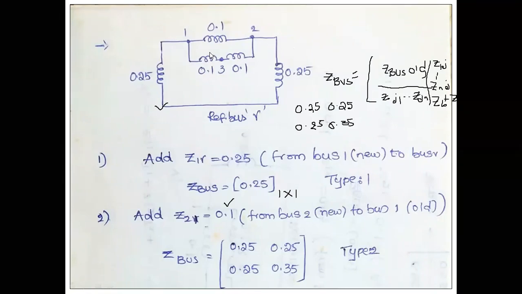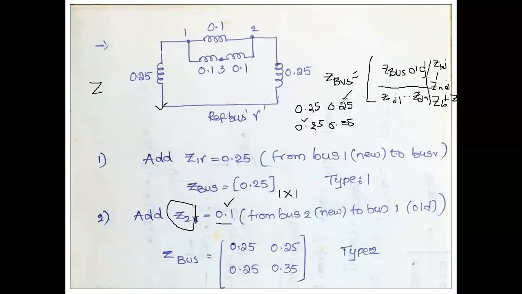Why it is important: most of the members try to substitute Z12 equal to 0.1 here, but that is not correct. They write 0.25 as it is for Z11, because they obtained that Z11 in the previous step, and directly they write Z12. That's why I told you regarding this point in the last class. This Z21 and this Z12 are different. Z21 and Z12 are both the same, but this Z21 and that Z21 are different. Please do remember. You must add this with Z22. That is the formula.